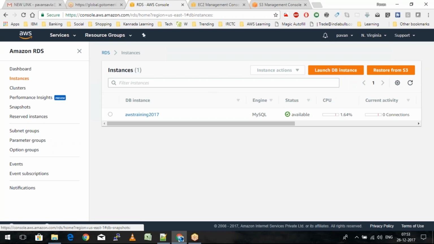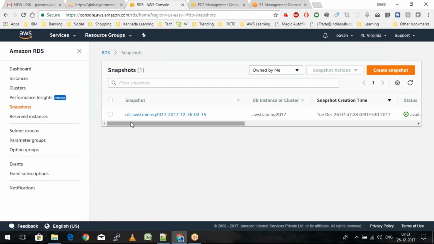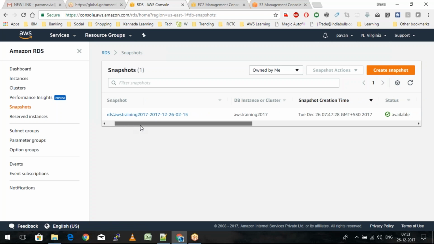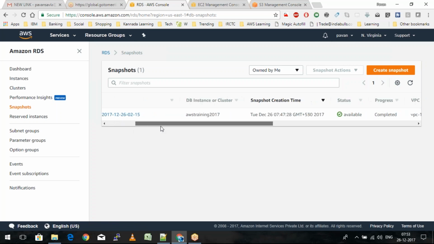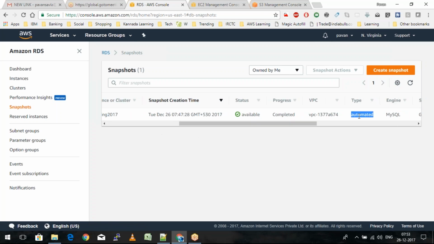And if I go to the snapshot section, you will see that one database snapshot is already available. And if I scroll down a little, it shows the type of backup it is. So it is an automatic backup. I have not created any backup yet for this database,